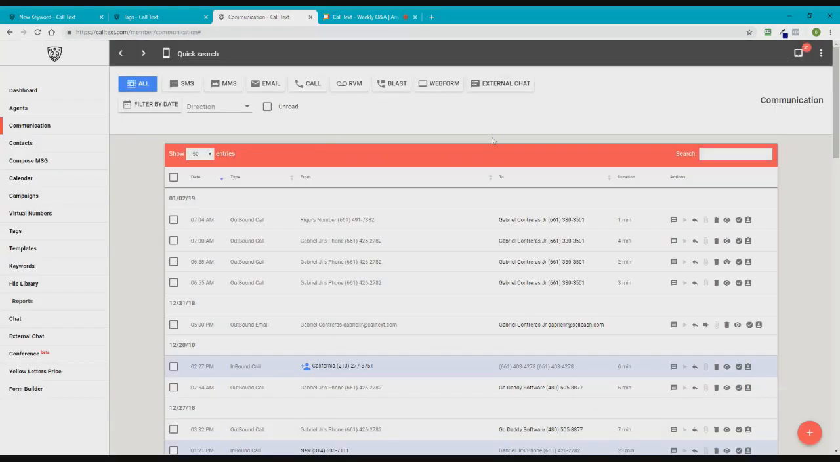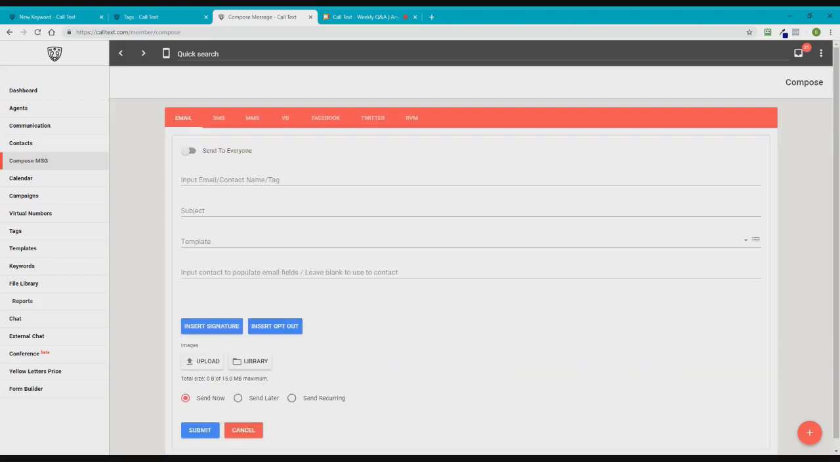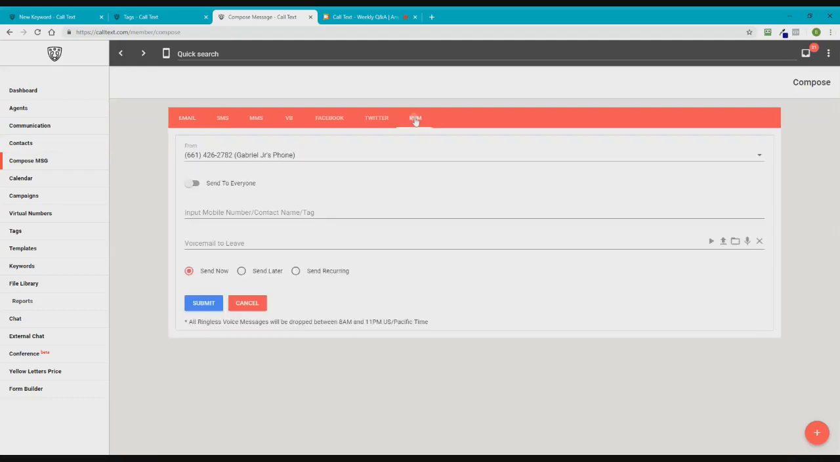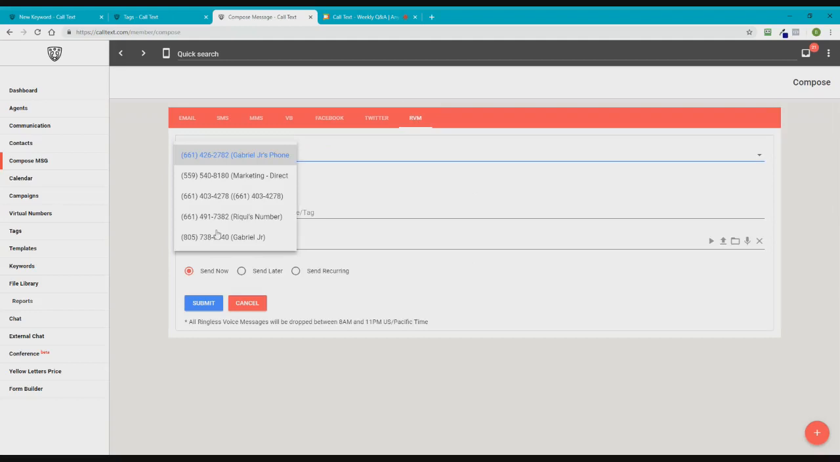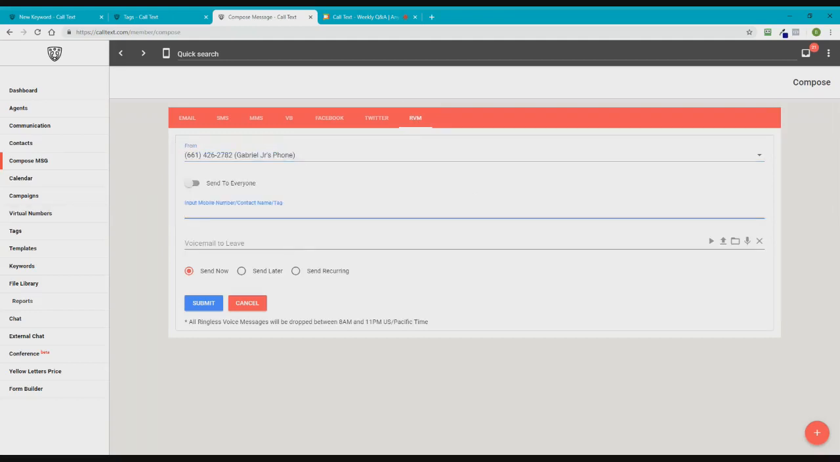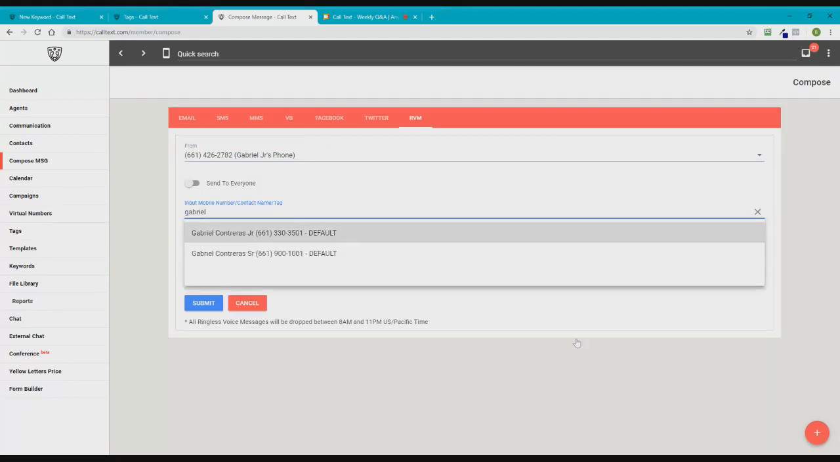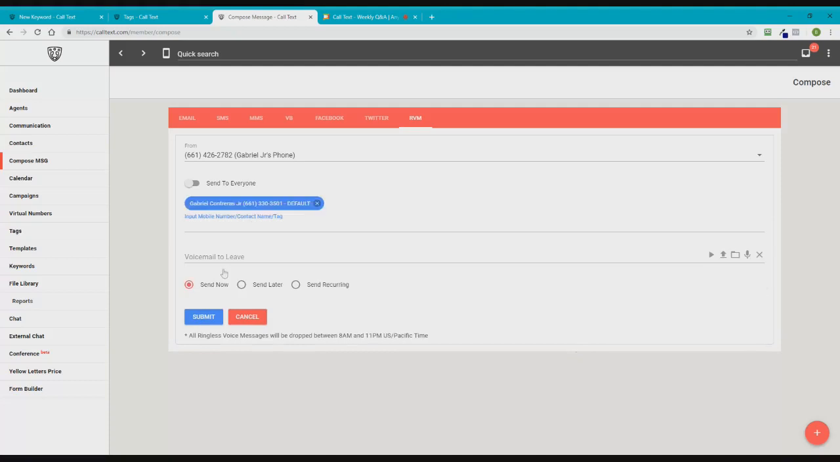If you wanted to send them a ringless voicemail, what you would do is come to compose message. Okay, and then once compose message loads up, you'd come over to RVM, and you would choose which number you want it to be from. So I'll just choose this one, and you would select who you want to send it to. So let's go ahead and send it to myself. Let's see here, voicemail to leave. So right here